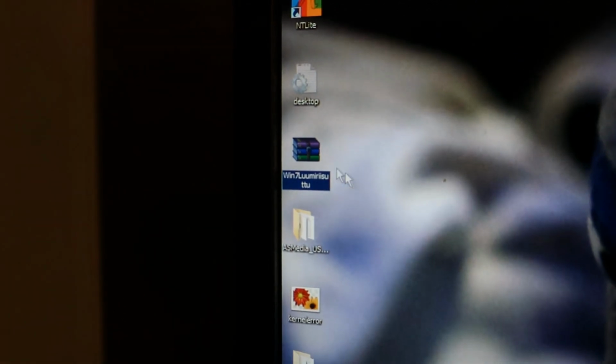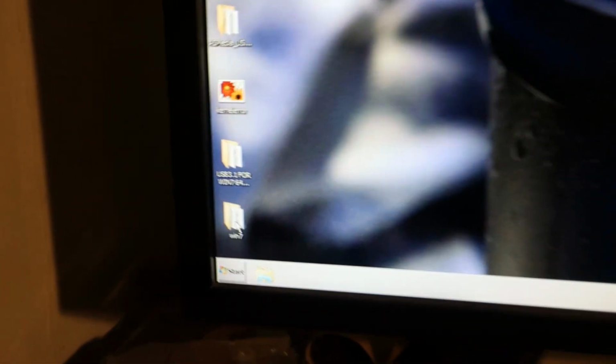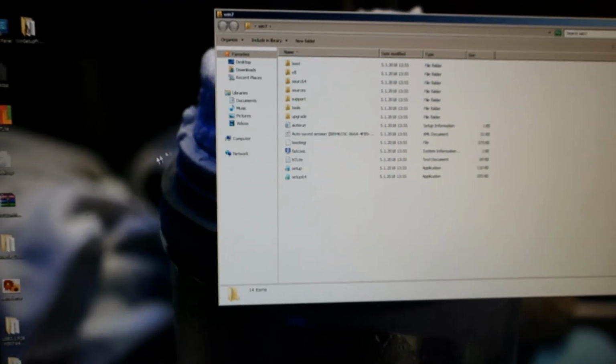So here I have the ISO file of my stripped down Windows 7. I have just extracted it to the Windows 7 folder over here. Right now you can see that it has all the files over here. What we need is the Asmedia. So we have the Asmedia